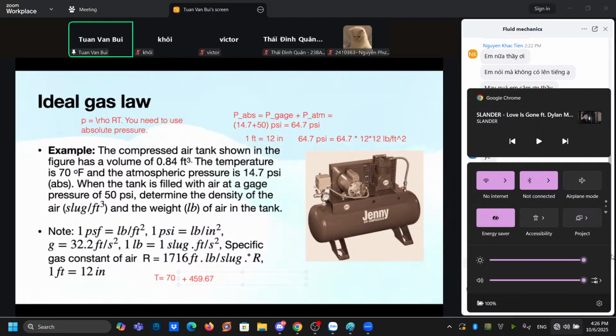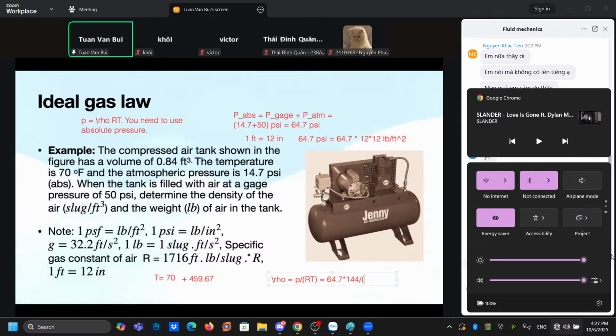Okay. And then finally you can write rho equals P divided by R T. So we put all the values that we have here. For the pressure, we have 64.7 multiplied by 12 multiplied by 12, and then divided by